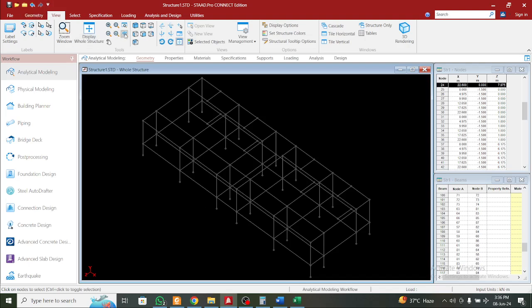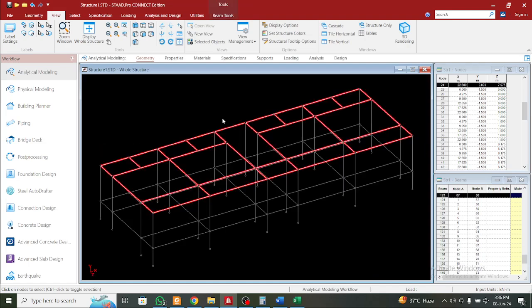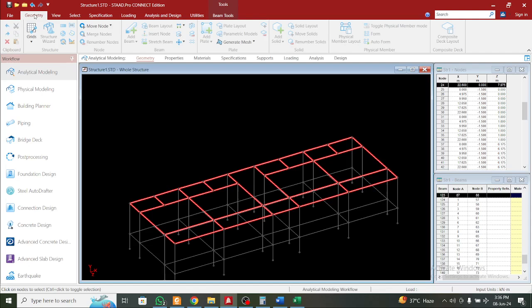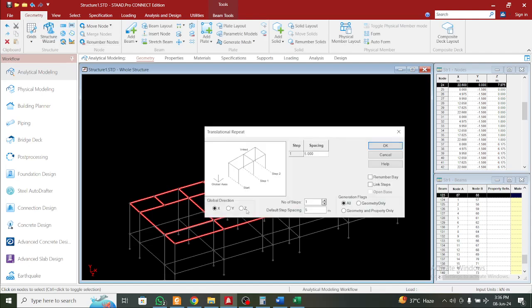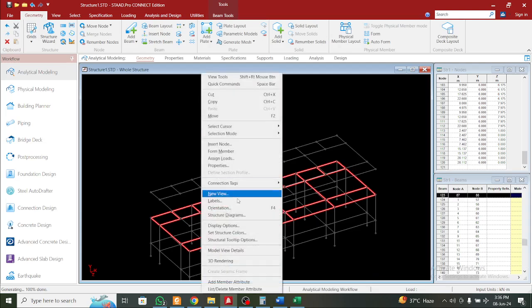So view and front view here, select this, so check in the 3D view, and we're going to go one more floor. So use the translation repeat option, no link steps. Okay, now we're going to use the link step option. So right click and then new view,